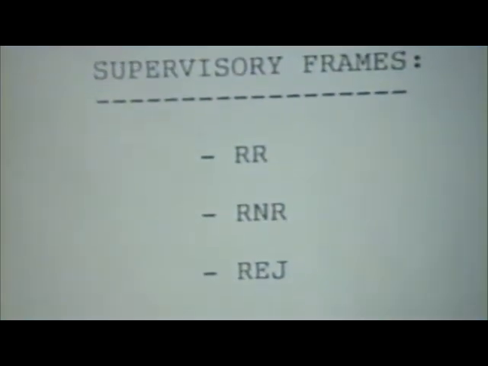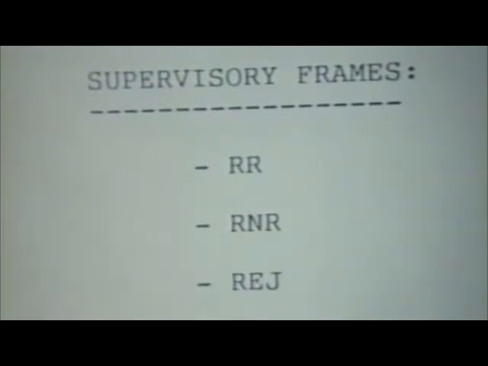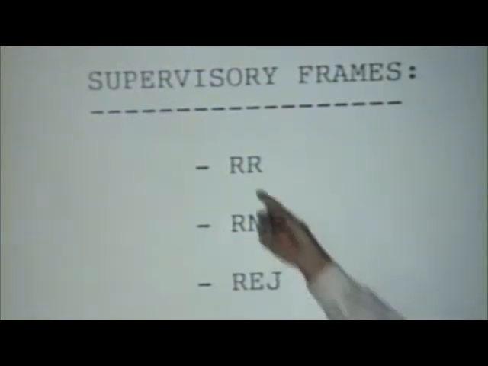Supervisory. We have what's called a receiver ready and a receiver not ready. Almost self-explanatory. And here's one you can't let get you down. It's nothing personal, but you get rejected when you get one of those. It's a reject frame. Now I think you'll see where the flow control comes in here and link control when we explain these. A receiver ready says,